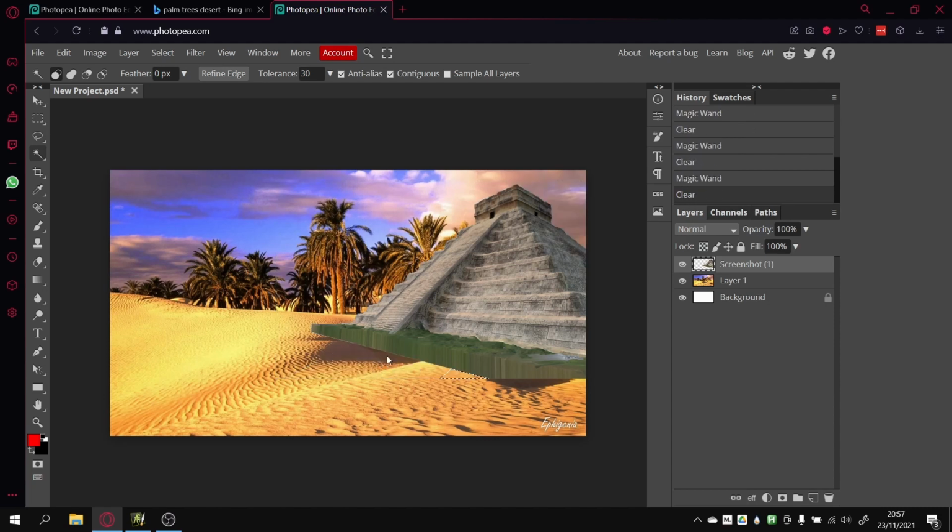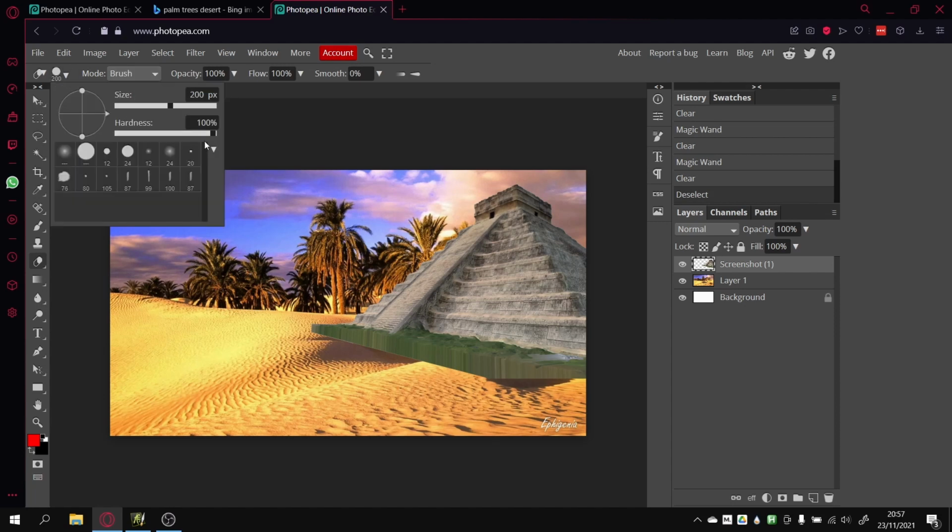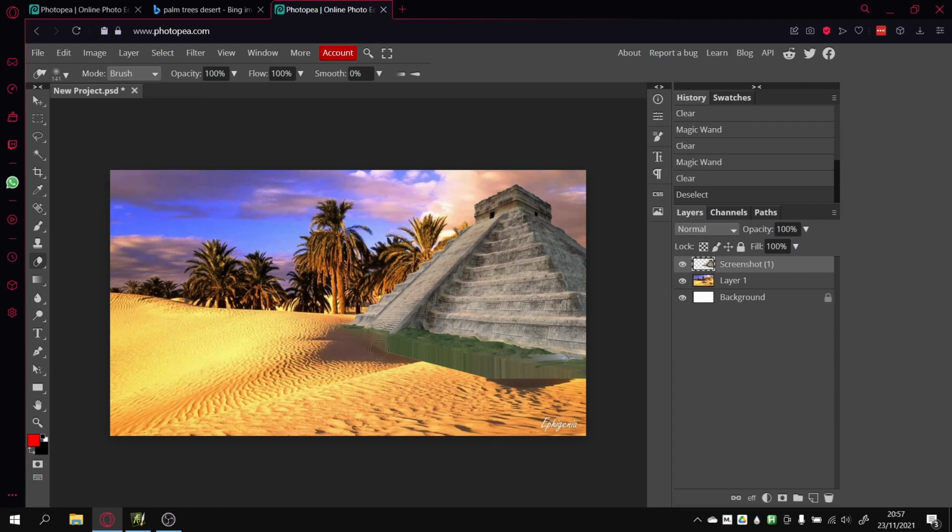And I also want to use the eraser to increase the size. I want to make it a soft brush, really nice, so hardness 0, size maybe something like this. I want a soft brush so that the bit I erase, the edge is a little bit blurry, doesn't stand out too much. Okay, I'm happy with that. We are trying to do this really quick and dirty, fast as we can. Okay,